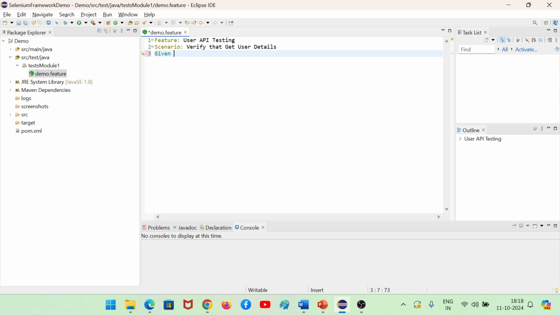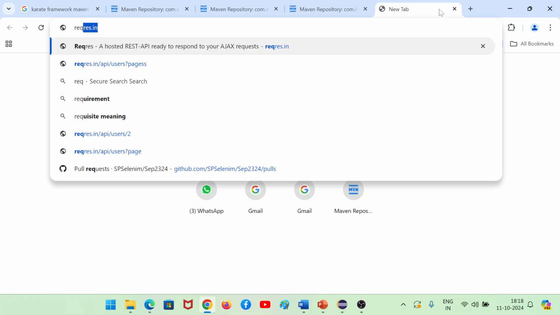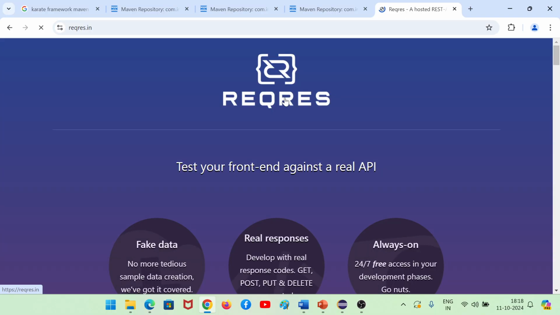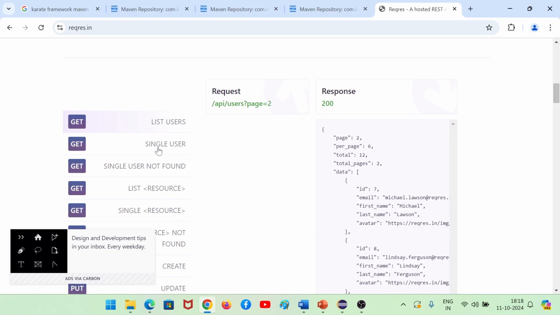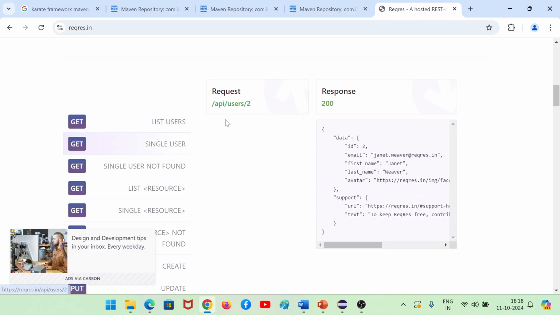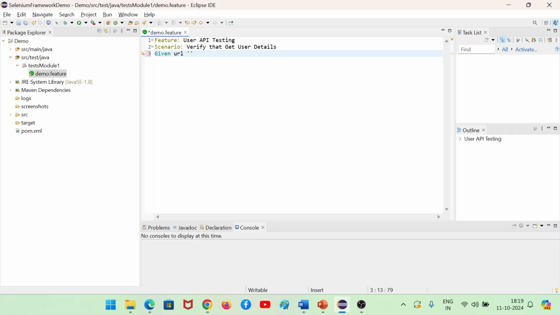Given, then we need to provide the URL. For demo purposes we can use a URL like this, a hosted REST API, and we have get, post and other methods. For a single user I'm going to click on here. This is the endpoint. I'm going to click on here and put these things. Here you can see Given URL. Then When method